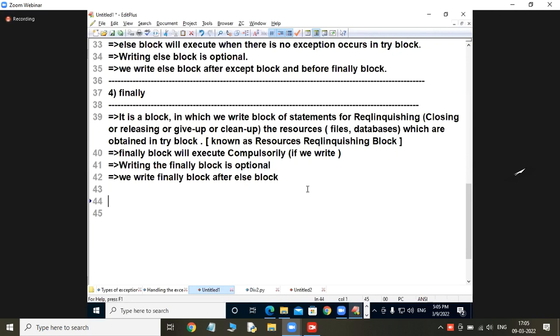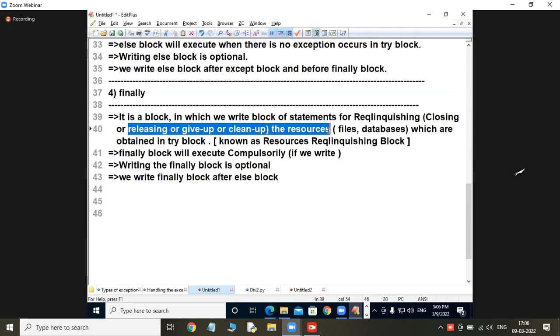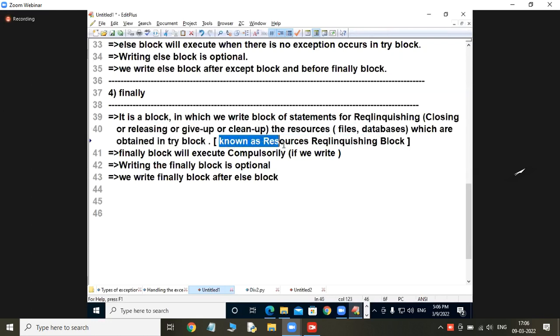Understand, students? Finally block is the block we write for closing or releasing or giving up or cleaning up the resources which are obtained in the try block. So it is known as the resource relinquishing block.